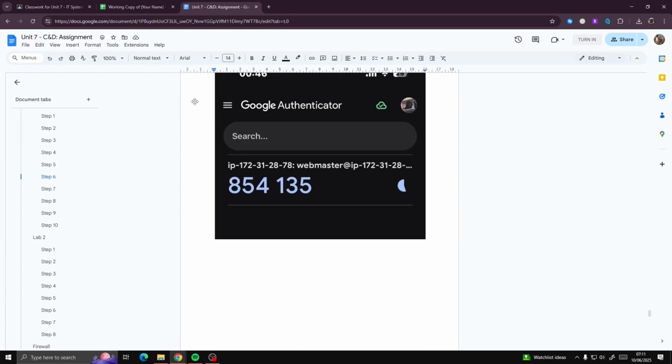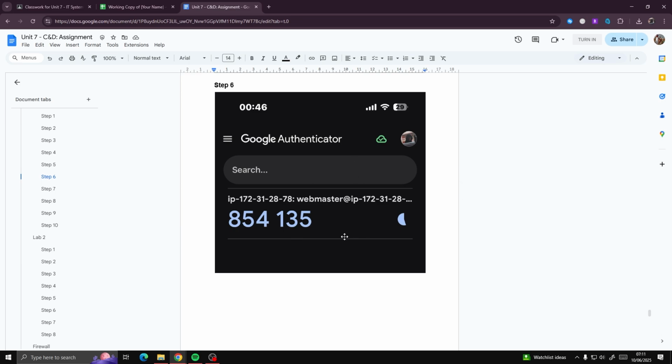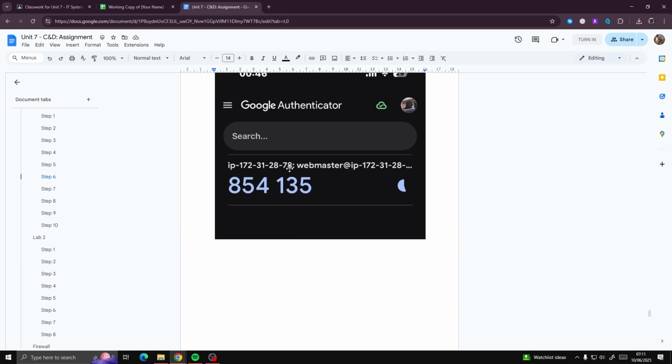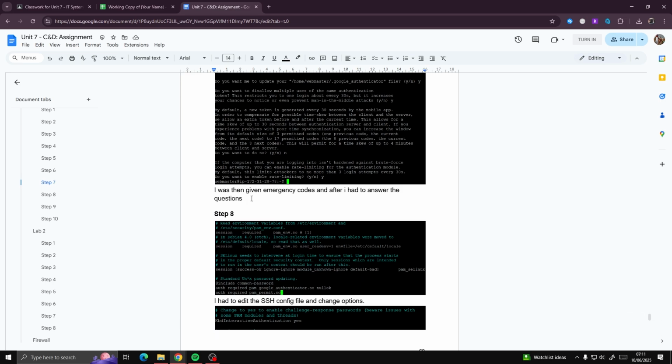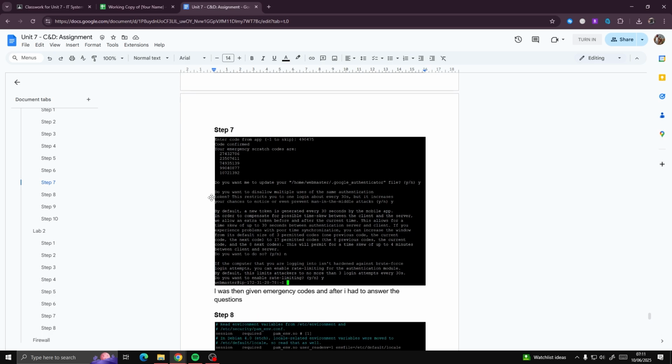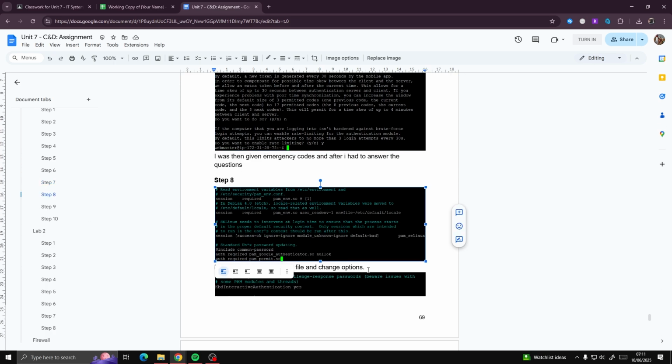So you can see right here, I used my phone to scan the QR code. It's got the name right here. And after I typed the code in, it gave me some emergency codes. So perhaps maybe I forgot the password, or maybe I've lost my phone, I would have to type this. Okay. And yeah,